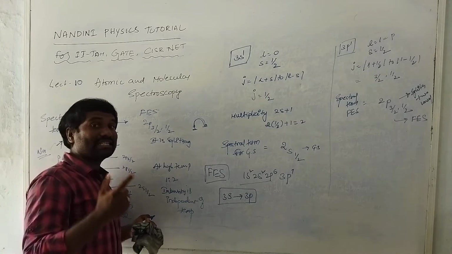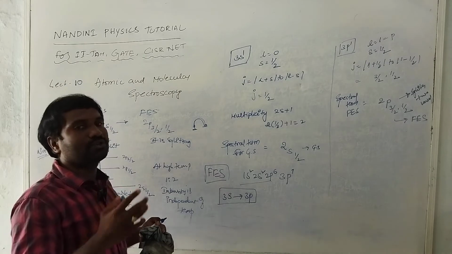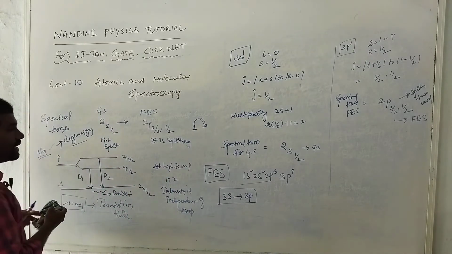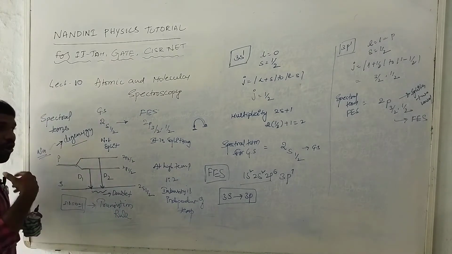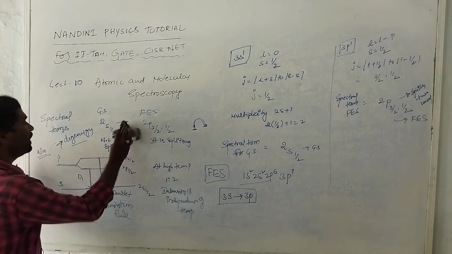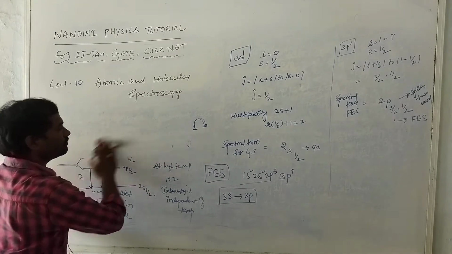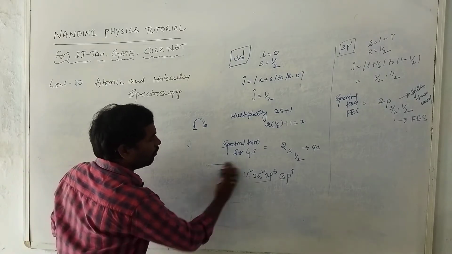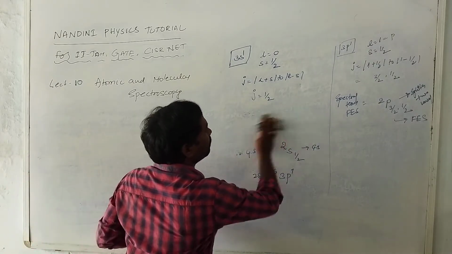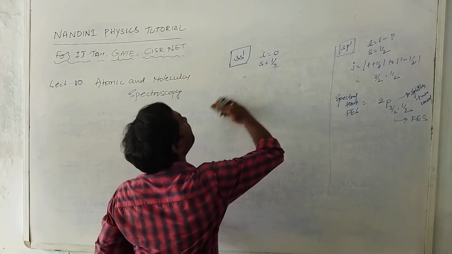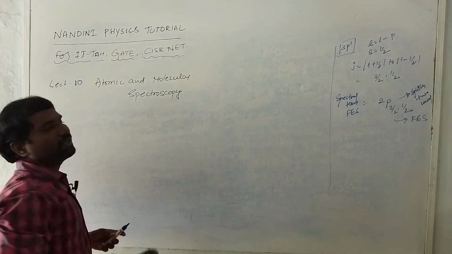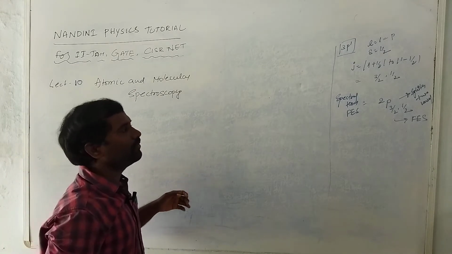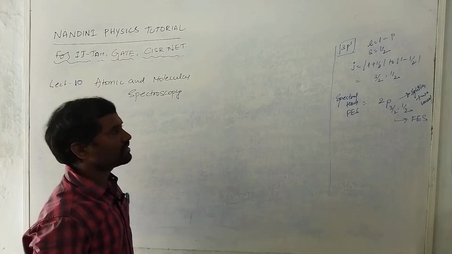How to find the degeneracy? In the previous class I explained one formula. That formula is very helpful to find the degeneracy; it is the shortcut formula. Once again I write the spectral configuration, and then I apply that formula. So, this is the way of finding the first excited state and ground state of the given atom. Any atom depends upon its atomic configuration, and due to that configuration we can write the ground state and first excited state.